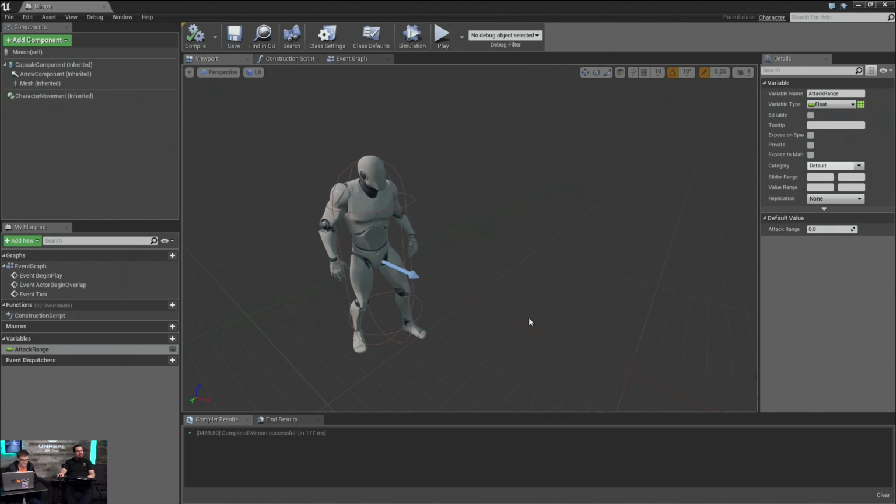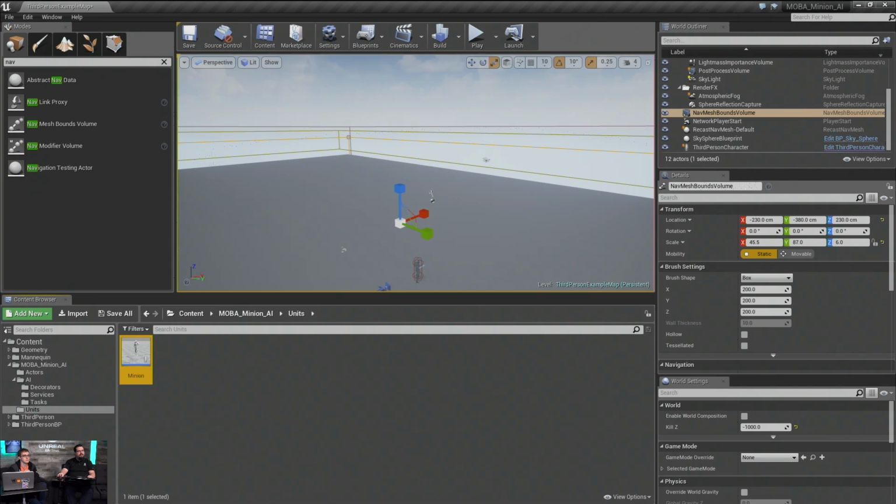All right. So attack range, that's really all he needs. We can have speeds and things like that, but we can modify those on the fly. Those aren't things that we specifically need variables to handle, because the movement speed's handled in the character movement component anyway. So that's already registered somewhere. We are already good to go on that front, and keeping them moving pretty quick right now is probably pretty handy. Okay, so we have our minion.